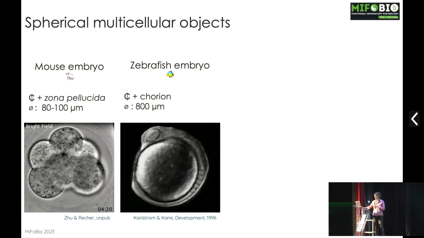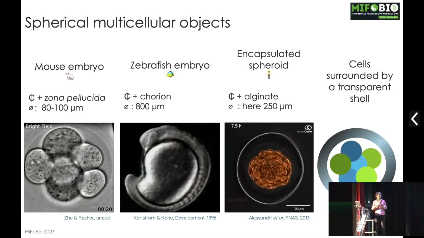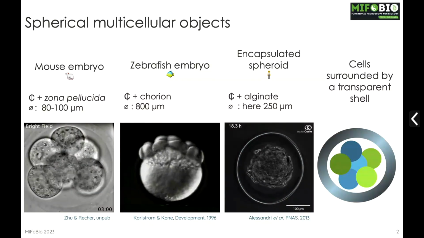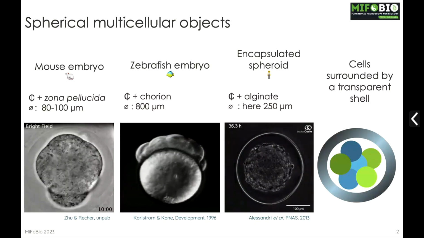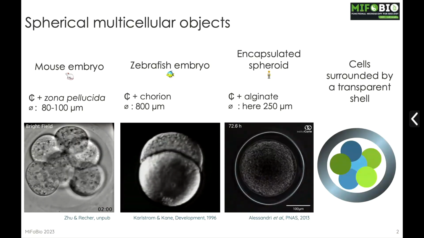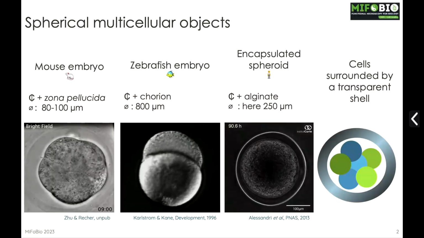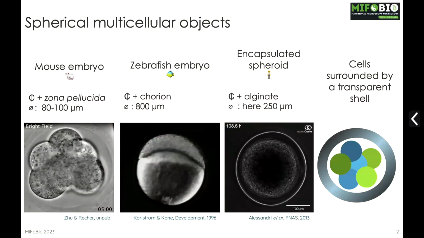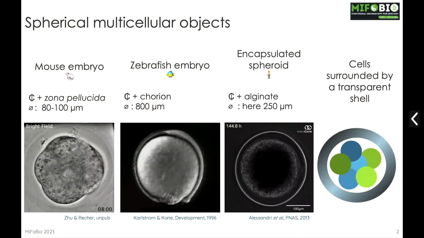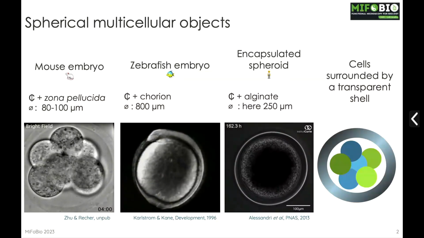And there was a new model that I discovered recently when I joined Pierre Nassois' lab. This is the encapsulated spheroid. It's just one of the many ways of making balls of cells. And here the surrounding transparent shell is alginate, and we can tune the size of the ball depending on our